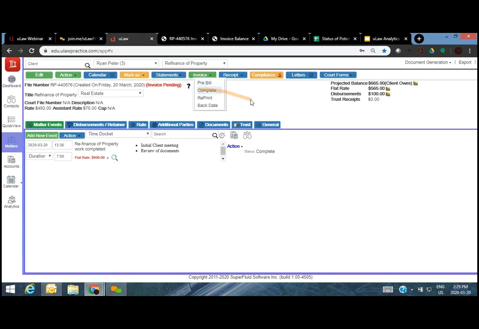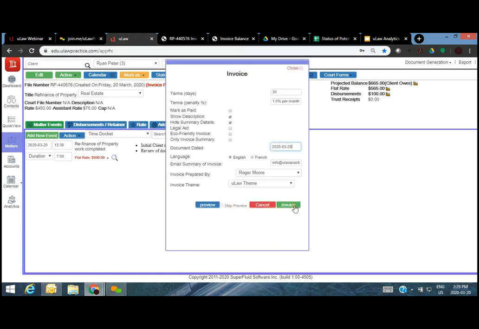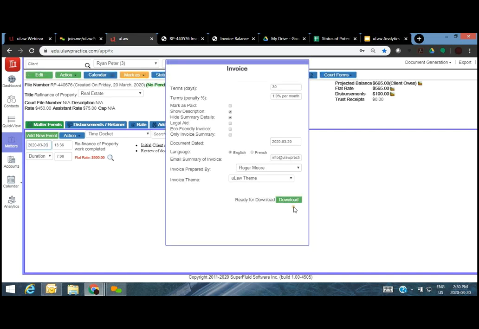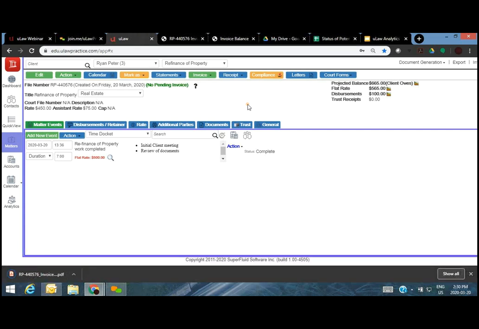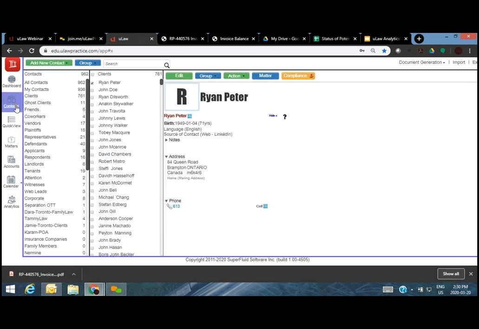So let's go ahead and generate a complete invoice, which truly generates the invoice and the invoice number for you. And once this action has been taken, you're going to notice that the data behind it and the information that you now receive about Ryan is going to change. Because an action, a transaction, has actually occurred, and with every new transaction comes a new nuance to the information. So now when I go back to contacts,